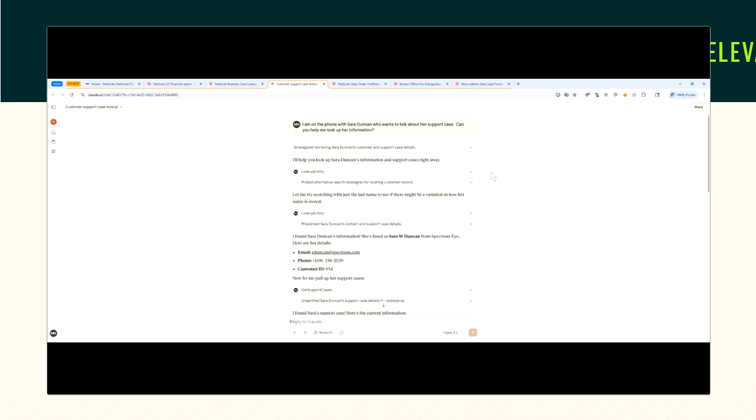Here's another example of how we can use an MCP tool in NetSuite. In this case, we play the role of a customer service agent who just picks up the phone and is talking to Sarah Duncan, who wants to talk about her support case. Can you help me look up her information? So instead of going into NetSuite and trying to find Sarah Duncan,